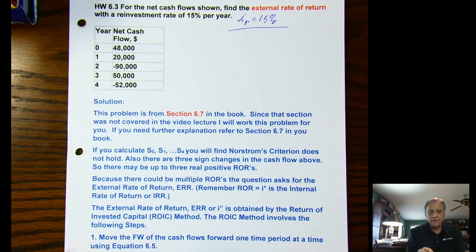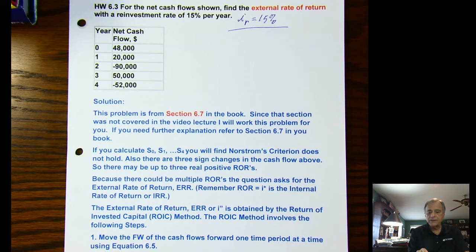The first step is to move the future value of the cash flows forward one time period at a time using equation 6.5. Okay, so we're going to move the future value of the cash flows forward one period at a time using this cash flow, and I'll show you exactly how we do that in just a minute. Where the future value at time t will equal the future value at time t minus 1 times 1 plus K